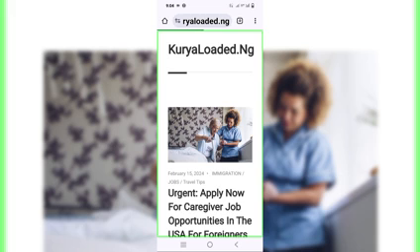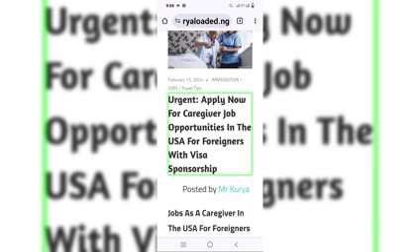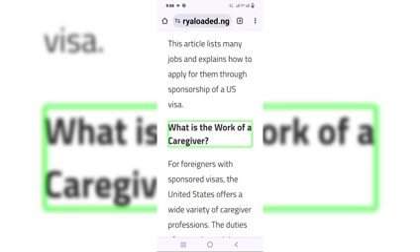It's loading. 21%, 22%, okay, 32, 34%, okay. Sorry, the network is kind of sluggish this moment, that is why. So I have landed on the website. You can see